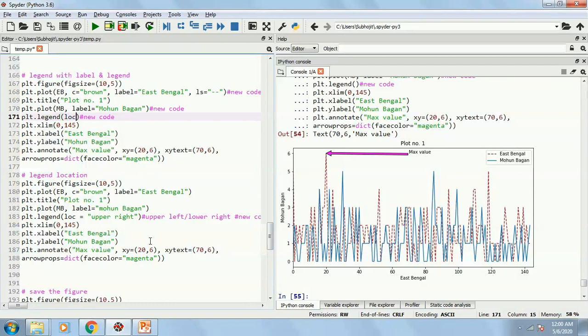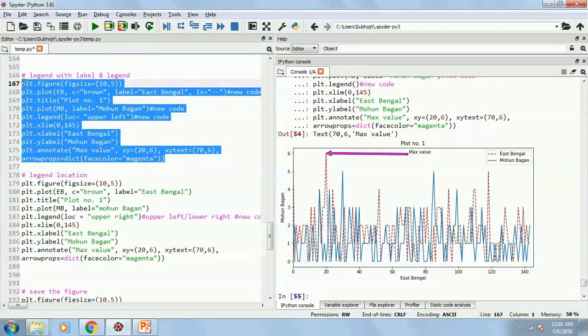You can add loc, meaning location, equals to, the default one is upper right, you can write upper left. So this legend will be displayed over here. Presently it is displayed over here.